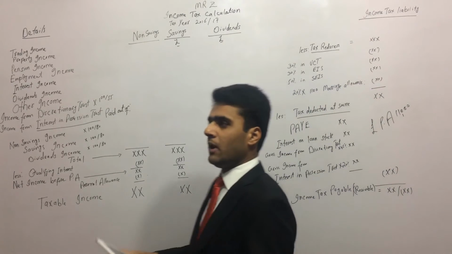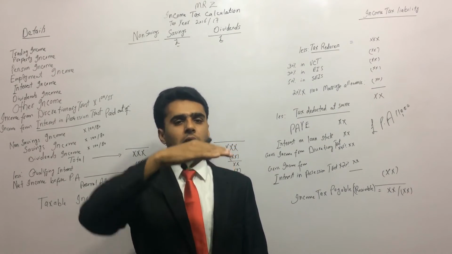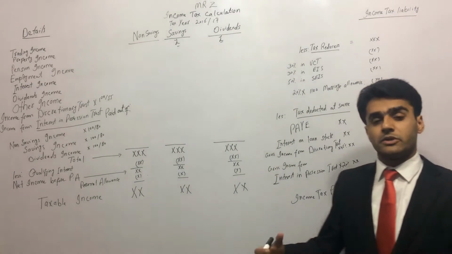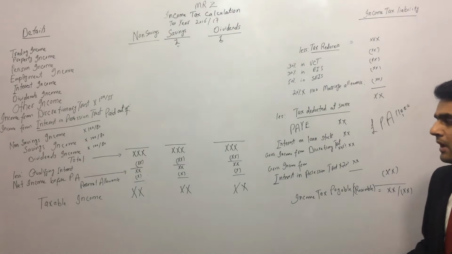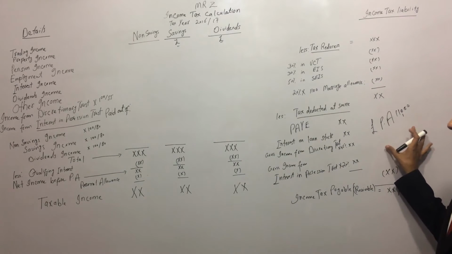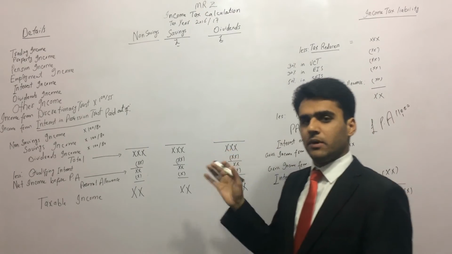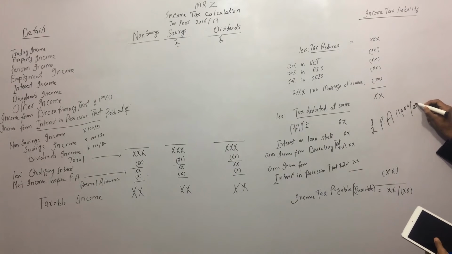Personal allowance is the amount up to which we do not have to pay any tax, and above that, if we are earning more than that, then we will have to pay some tax. We might have to pay 20% or even more than that. This limit, which is £11,000, is per year. It is not per month. It is £11,000 per year. That is called personal allowance. I'll just write it down as per annum.